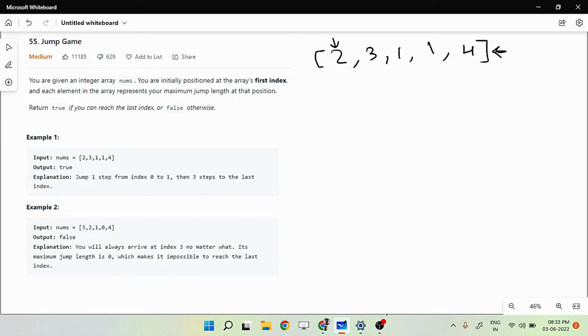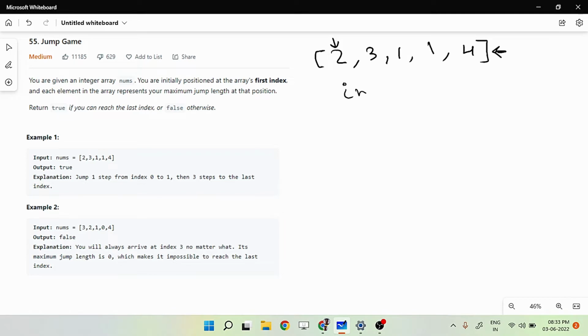It is a grid type of problem, so we need to check every time which index goes the farthest. Starting from the first index, in the given example 1 we can see the maximum jump length is 2. So from index 1 the maximum jump length is 2. From 2 we can jump to index 2 or we can jump to index 3. If we jump to index 2,